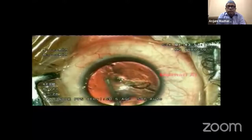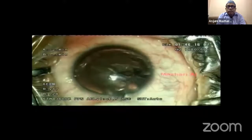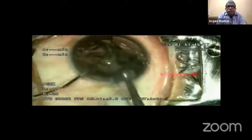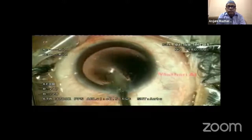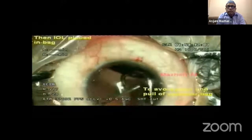Anterior capsular rhexis was started and completed in a very controlled way. Emulsification was performed with modified parameters. Gentle irrigation and aspiration at right angle to the tear was done to avoid anterior capsular extension. Foldable IOL was first released in the anterior chamber and then pushed into the bag to avoid push and pull during